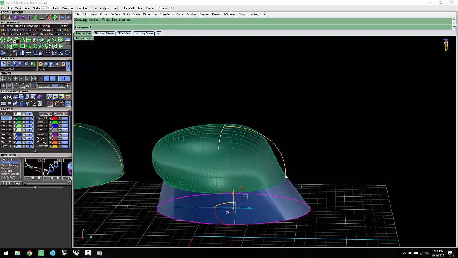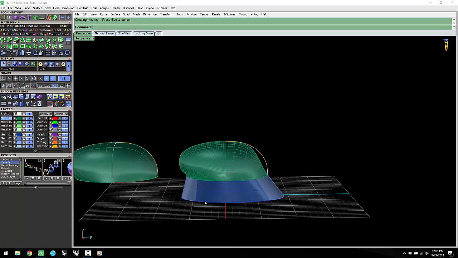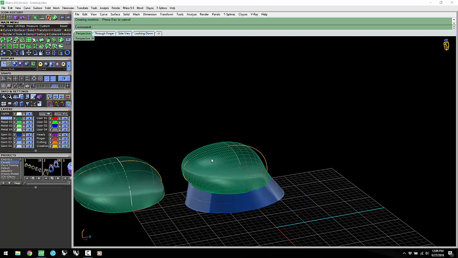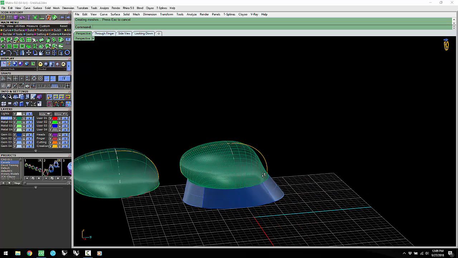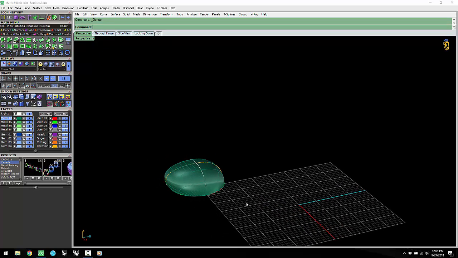So curves can only be tangent to curves. Curves don't have a direction as far as this surface goes. So that's why we hadn't been getting the tangent option when we were doing just curves, because there's no direction this way to the curve, but there certainly is to the edge of a surface, right? So there you go. Now, as time goes on, we will determine whether or not we want tangent or not to worry about it as we make surfaces. And all right, so